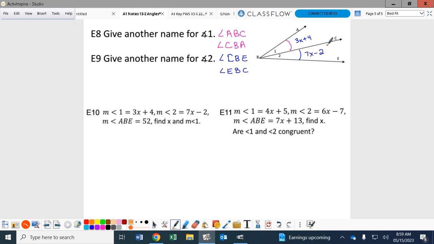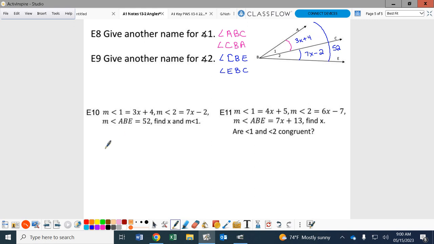It also tells us the angle, excuse me, ABE is going to be 52. Guys, do you see the 2 parts equal the whole again? You got the 2 pieces of it. It equals the whole thing. That's what we're doing, the same thing that we did before on segments. Okay, if you have one part plus another part, when you add them together, it's going to equal the whole